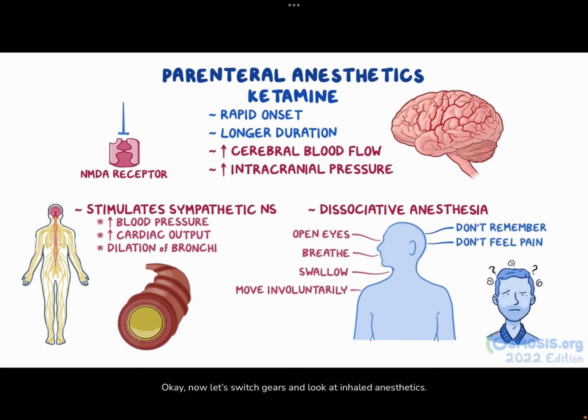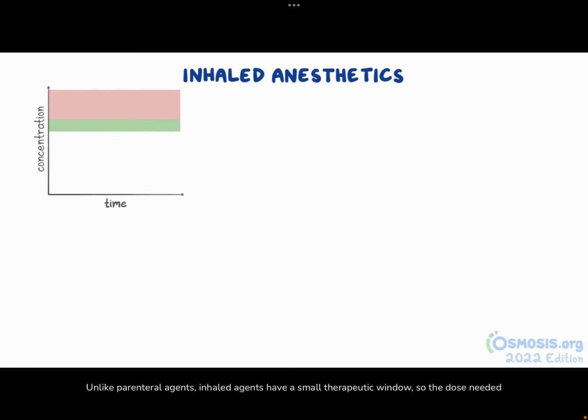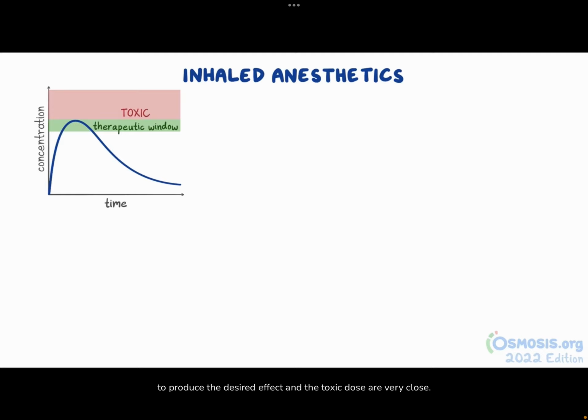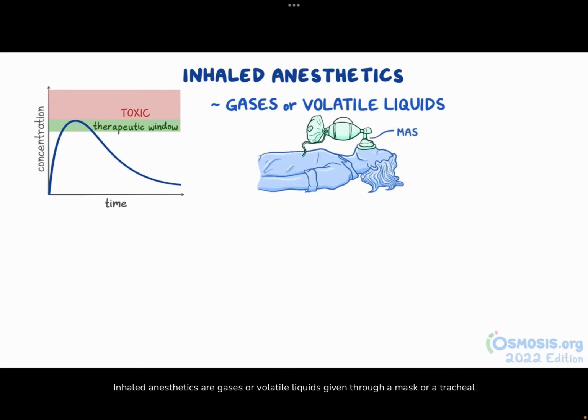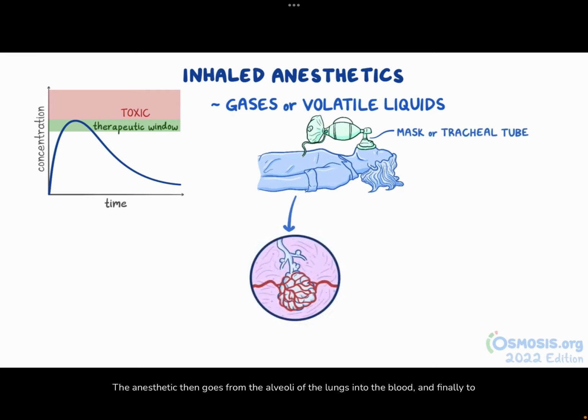Okay, now let's switch gears and look at inhaled anesthetics. Unlike parenteral agents, inhaled agents have a small therapeutic window, so the dose needed to produce the desired effect and the toxic dose are very close. Inhaled anesthetics are gases or volatile liquids given through a mask, or a tracheal tube for the patient to inhale. The anesthetic then goes from the alveoli of the lungs into the blood, and finally to different parts of the